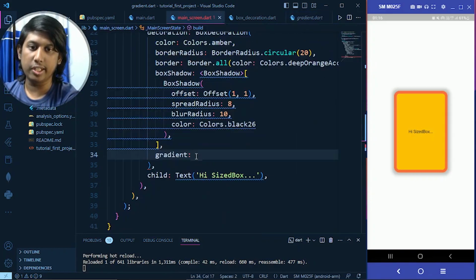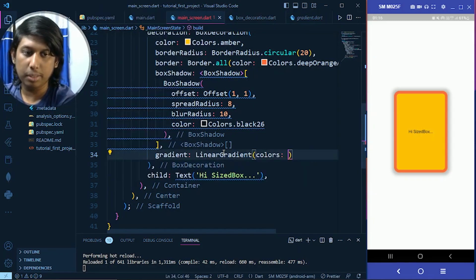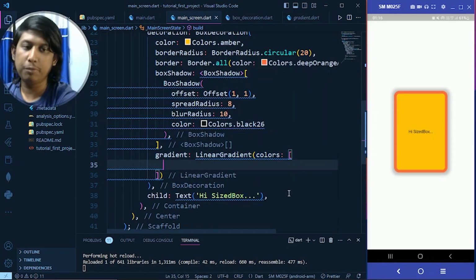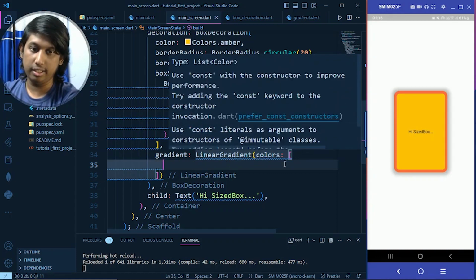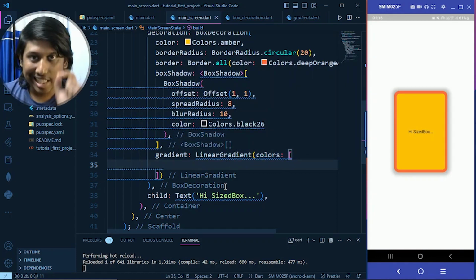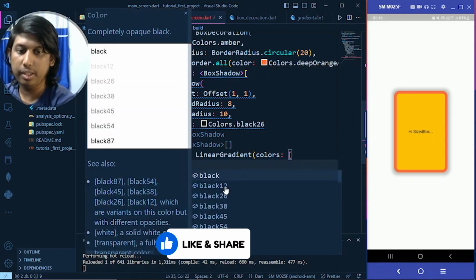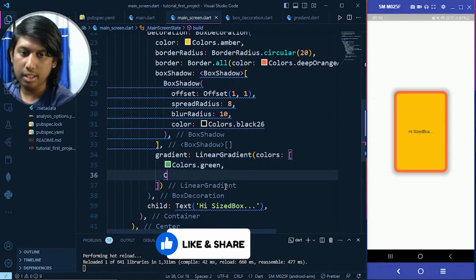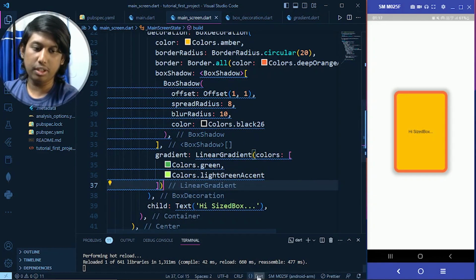So we can use LinearGradient. If we want to use LinearGradient, we have to provide the colors. Here it takes a list of colors. If we don't specify any list type, it will be dynamic by default. When we provide colors in a list in the LinearGradient, we have to provide at least 2 colors. Without adding at least 2 colors, it will give you an error. So I give it a color of green, and here the light version of green, that is light green accent. Okay, if I hot reload here